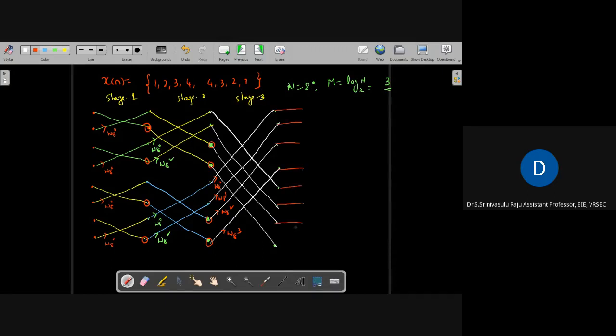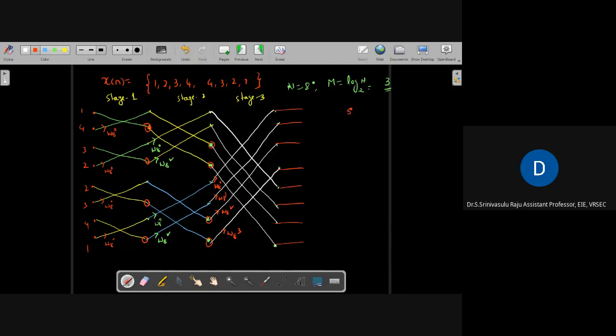So this will give the DFT. This is the generalized butterfly structure, stage 1, stage 2, and stage 3. You know these inputs. Just pass these inputs: 1, 4, 3, 2, and 2, 3, 4, 1. Just pass the inputs and count these values. Very simple. Now you can do the calculations here.